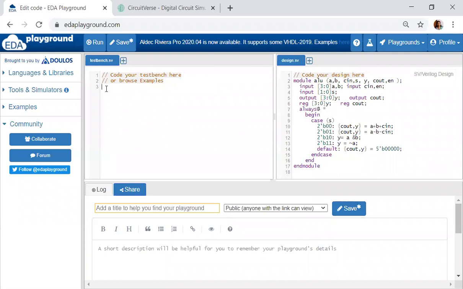Now when we come back over here, it is module test bench. Write module ALU_test. Now what happens in your test bench? We have to declare all inputs as registers. So reg [3:0] A, B. Again I have one more input, so it is reg Cin, enable.